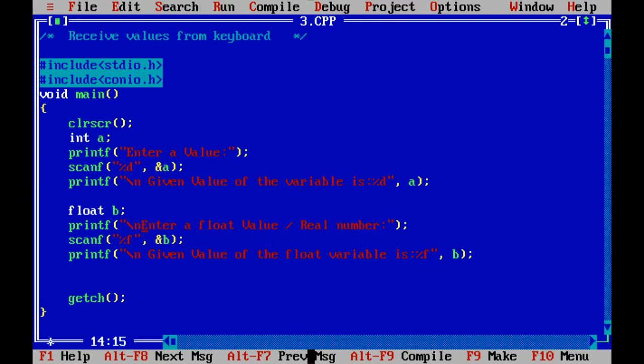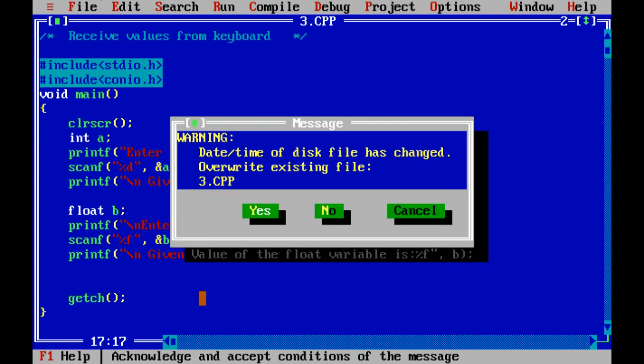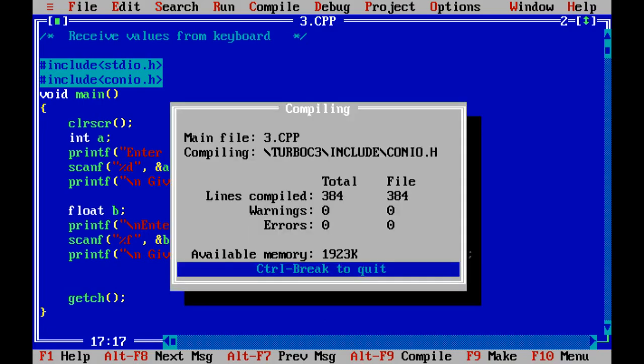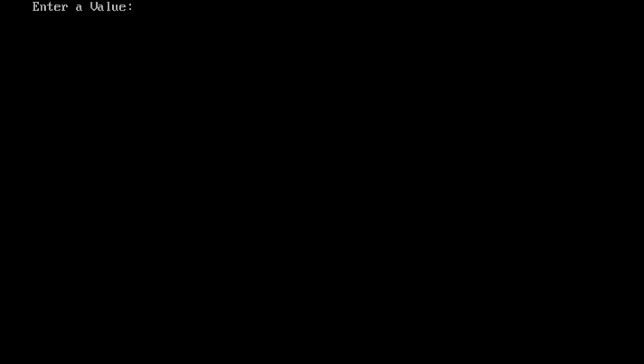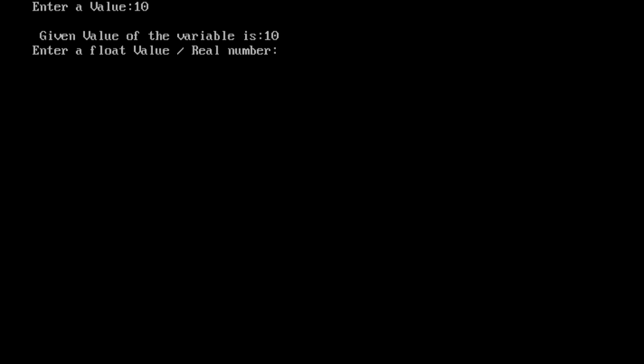Suppose I put 10.45. The given value of the float variable is